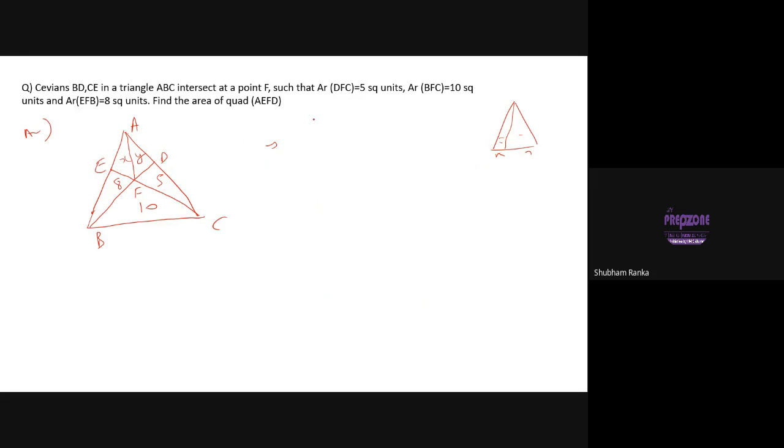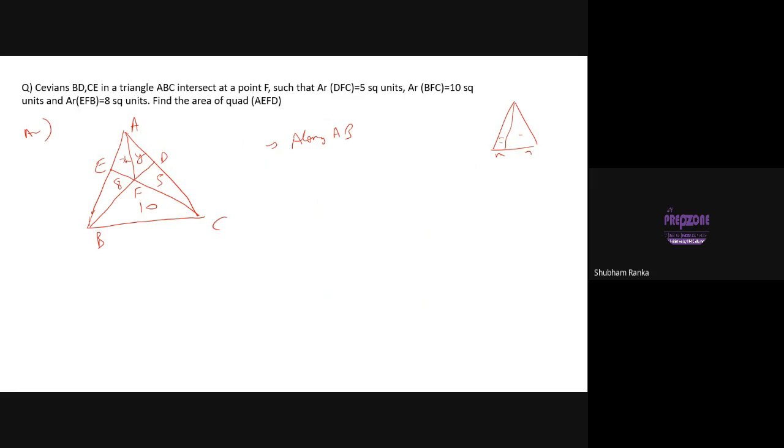Because we don't know anything apart from areas, right? So we can only use area-based ratios. So that should be the first thing. And secondly, figuring out sides and all, as we just mentioned, is crazy. So now if we see this triangle, x and y. Now observe this line AB carefully. Along AB,